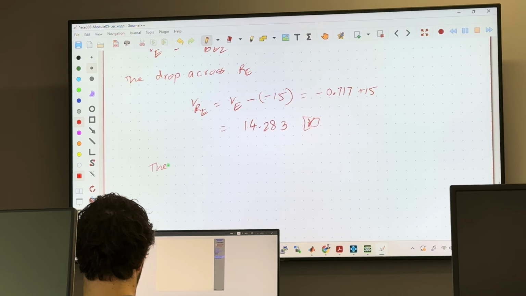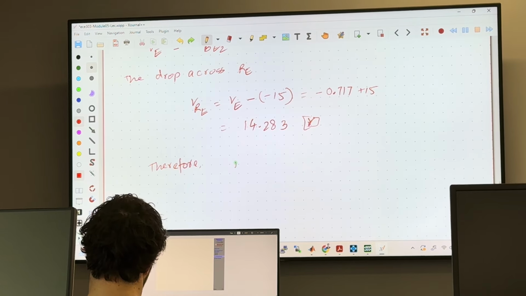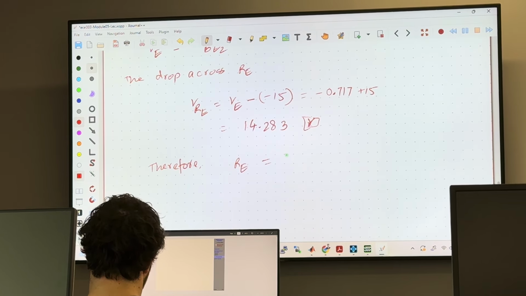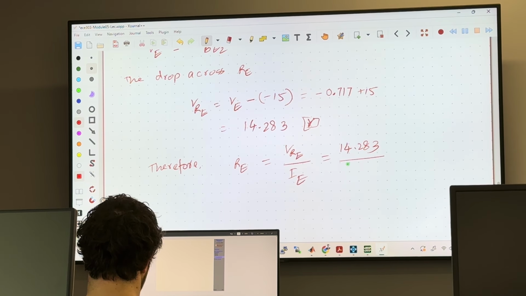Therefore, R sub E is voltage across resistor RE over I sub E, which is going to be 40.283 over I sub E,